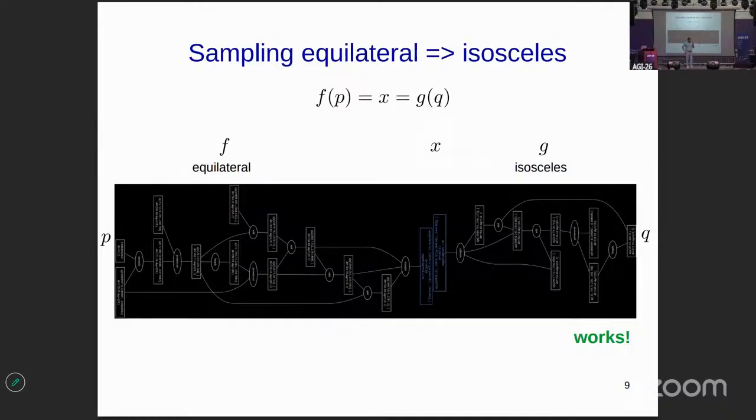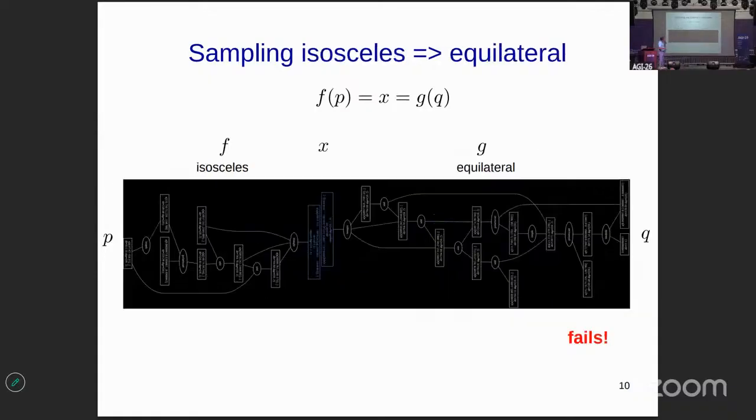So basically, the system discovers or verifies the isosceles property. If you do it vice versa, if you have here an isosceles triangle and here an equilateral, it will fail at the last point where it usually discovers that all angles are equal. Well, in this case, they won't be equal, so the propagation fails. That's how the system actually verifies the statement.